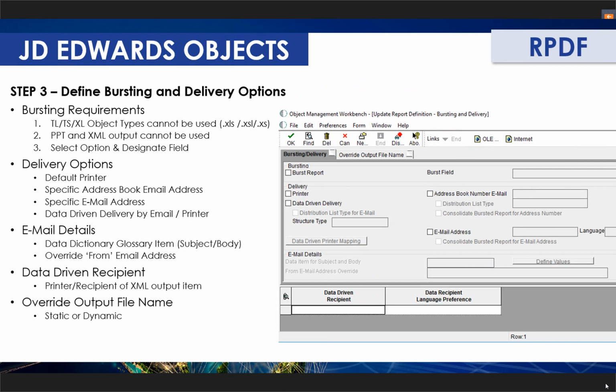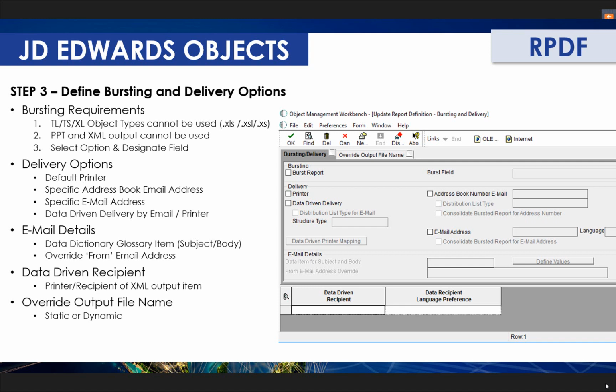So then third step, the final step of it, where it gives you a lot of flexibility with how you're going to possibly break your report apart or deliver it to your end users based upon their needs. Hamilton presently doesn't utilize any of this functionality yet. We have plans to in the future, but working through this with Rain, and like you know, the bursting element of it,